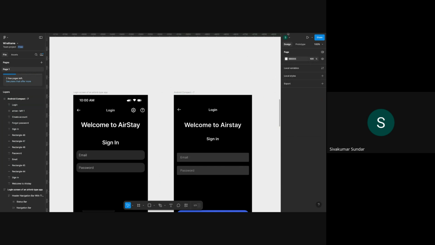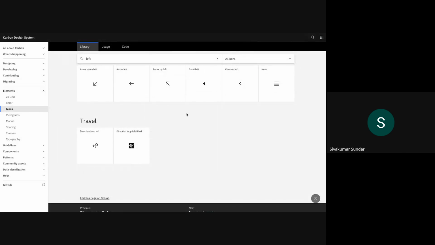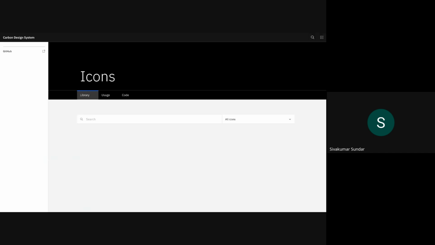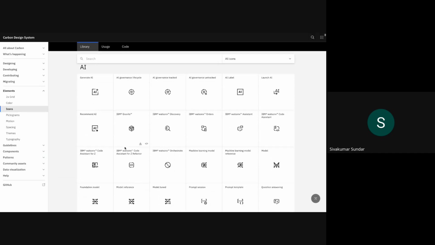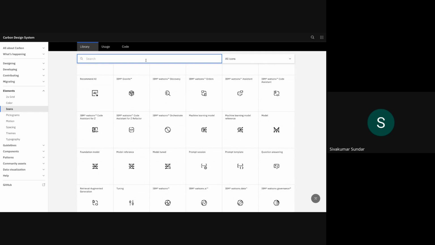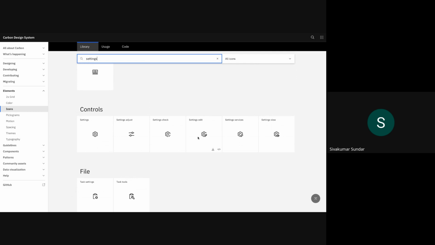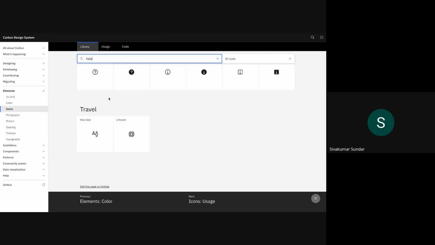So you can probably use the same Carbon design system, or you can just search for carbon icons, CARBON, and you'll get this link. I just search for carbon icons and click on this first link. I come here, and if I search for settings, it shows another icon. See the different varieties of the settings icons. And if you search for help, you'll get